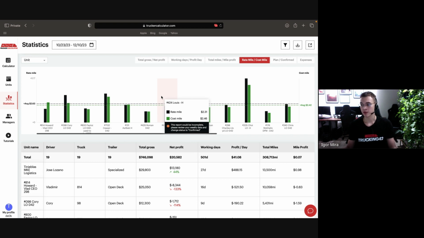So for example, you can do a forecast of which loads you should take to have a profit of like 25% of your gross. For example, you can calculate that by